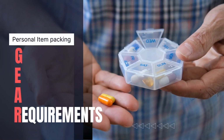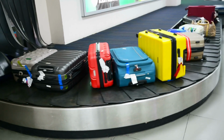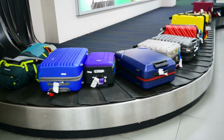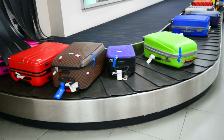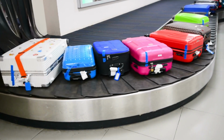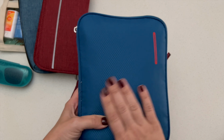And then the R stands for requirements. So if my bag is checked and lost, I know that I'm good for 24 to 48 hours. Or if I'm carrying on and they check my bag and something happens to that bag, again, I know that I'm good. These are things that I'm gonna absolutely need on me in the first 24 hours or so of my travel. So the first thing I have, and my kids have these too, is an entire spare set of